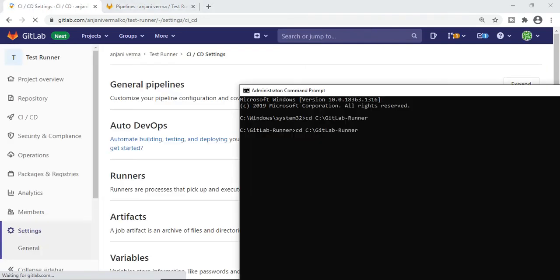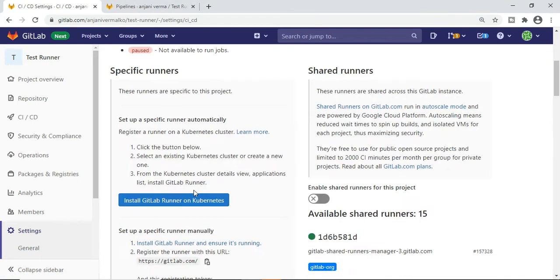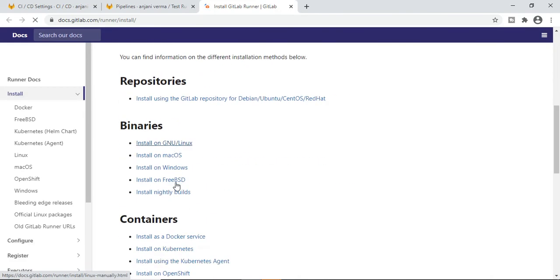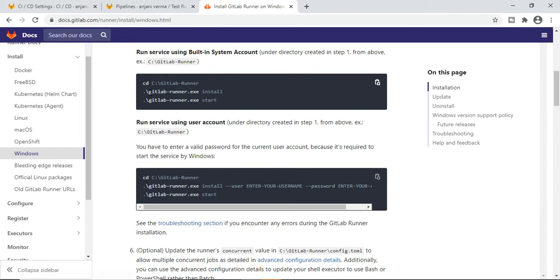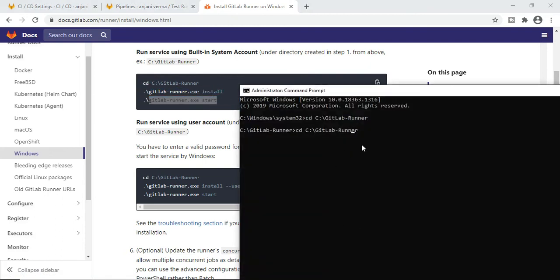So your runner should be in running mode. This should be the syntax. Let me copy and paste the syntax from here according to your operating system. Mine is Windows. I'll copy the syntax. My runner is already in started mode, which is why my pipeline passed, but I will show you the syntax. Copy and paste. See, it says failed because my service is already running.